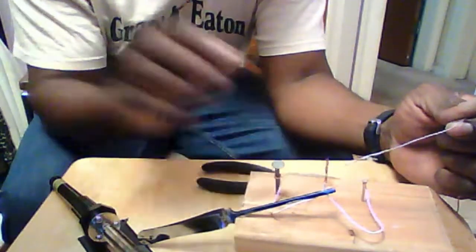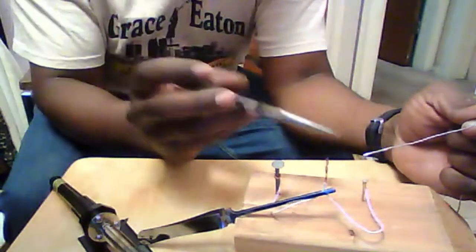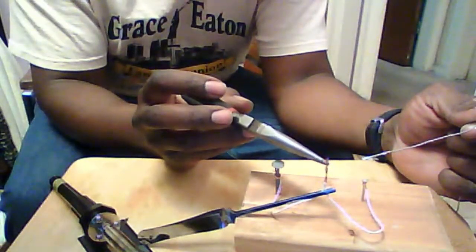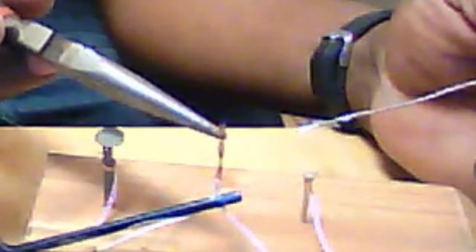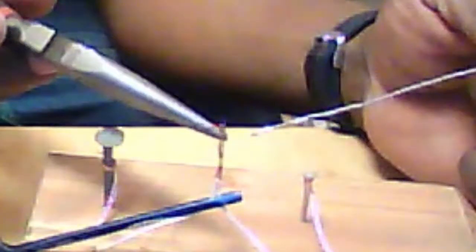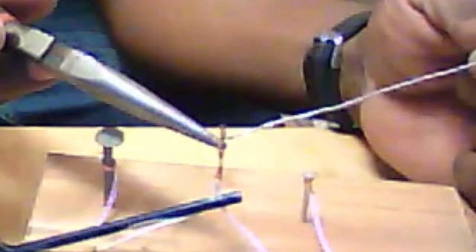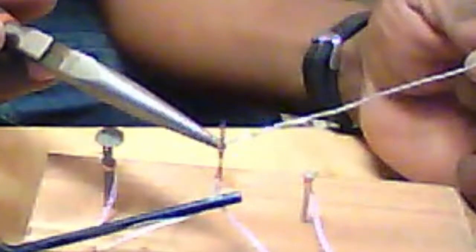your wire. So like, all right, let's say that this is the soldering iron. You'll heat the piece up like that, and then you can see, and you'll touch it like that from the other side, and then